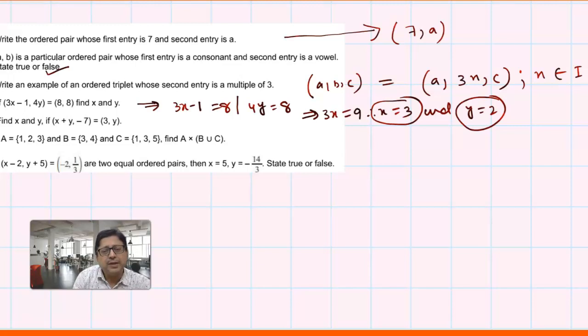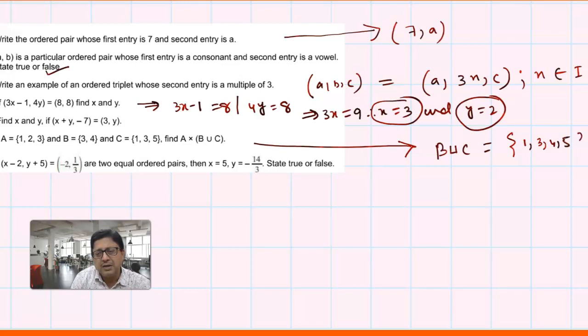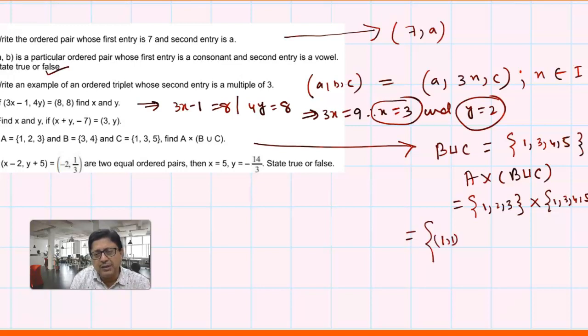Solve x and y. And for this one, A cross B union C, if they have asked you to find, you just write B union C first. What is this? This is nothing but 1, 3, 4, 5. So A cross B union C is going to be 1, 2, 3 cross 1, 3, 4, 5. So this thing is 1, 1,